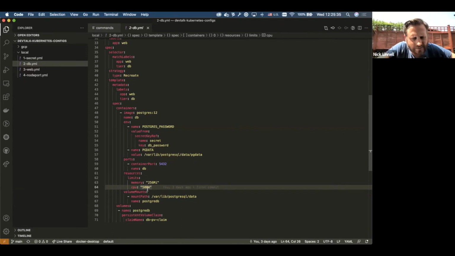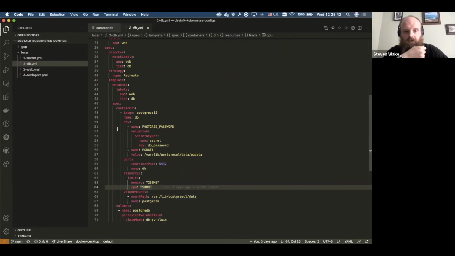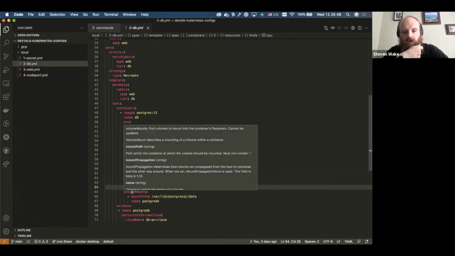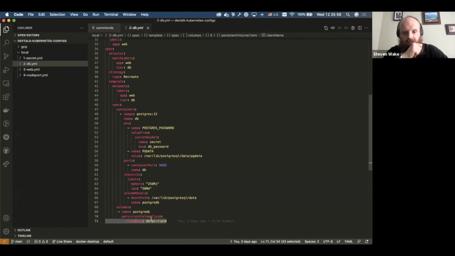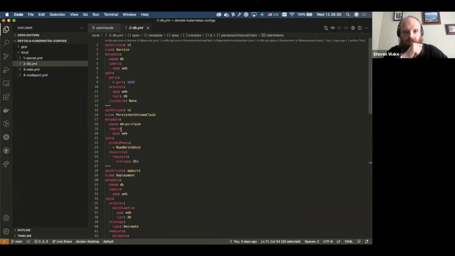So that is basically half of the CPU available in the pod. So if there's obviously 2 containers, then the resources will be 100%. These are volume mount paths. This just sets up the persistent volume that we looked at earlier. And there's more information for that down there. So the PV claim matches the PV claim here.